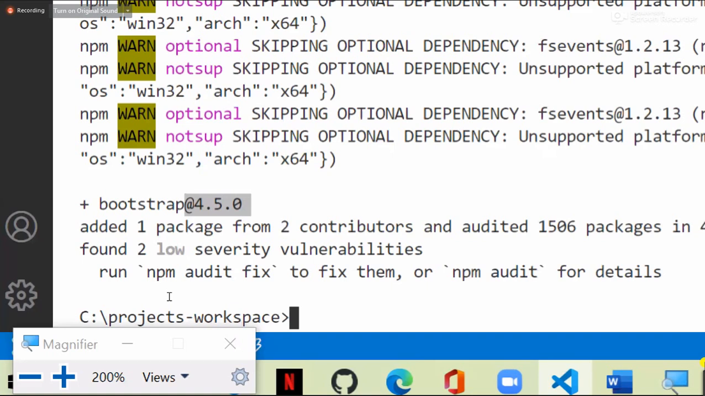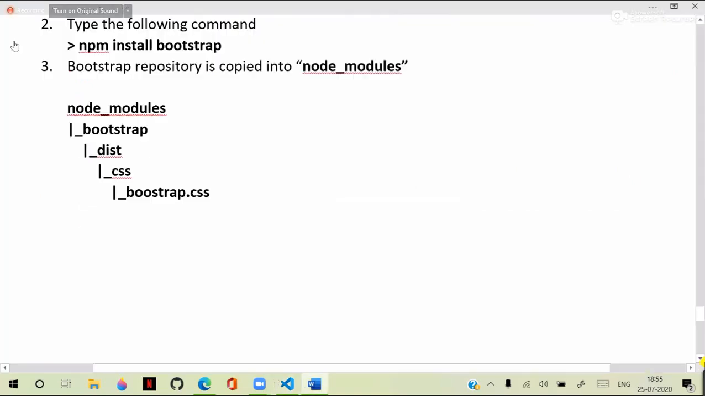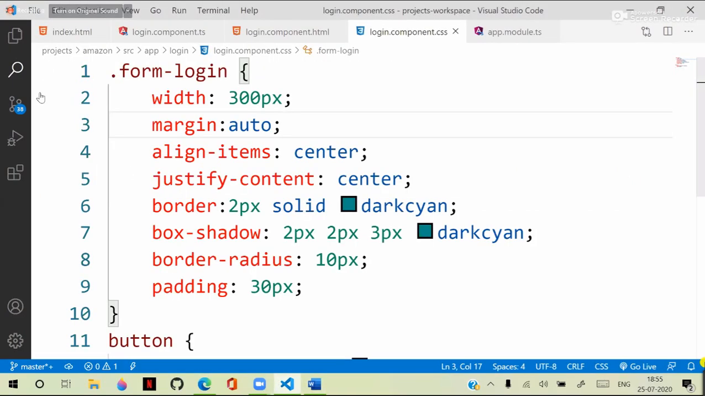Several projects are still using Bootstrap 3. Some changes are there in the Bootstrap options. Okay, now we have this Bootstrap successfully installed. After it is successfully installed, you will find the repository here. You can observe, in the node modules,